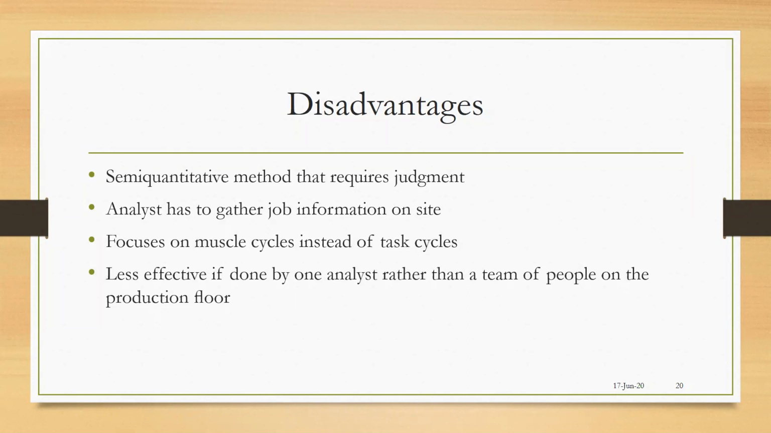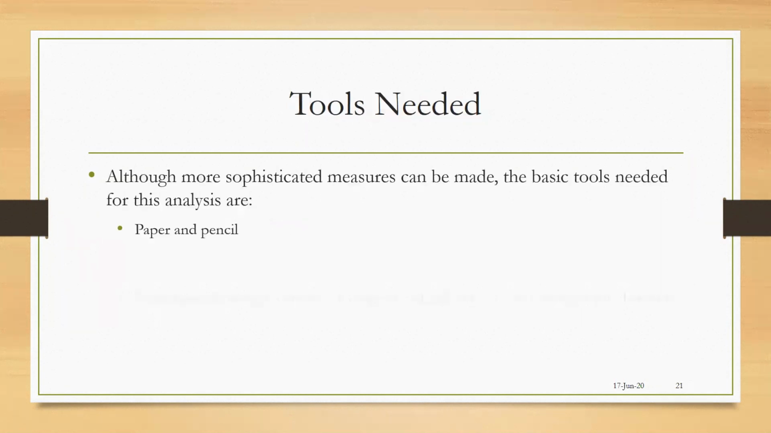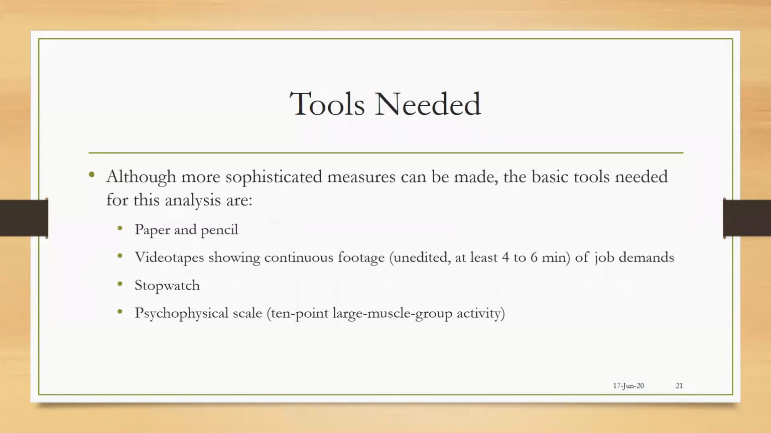Some information is to be gathered. Focus is on muscle cycle instead of task cycles. And it is less effective if done by one analyst rather than a team of people on the production floor. So we will discuss the example of the use of MFA in the following segment, but you only need paper and pencil, video tapes to record the videos, to measure the effort duration and effort frequency. A stopwatch might be required, and you might require the 10-point scale to find